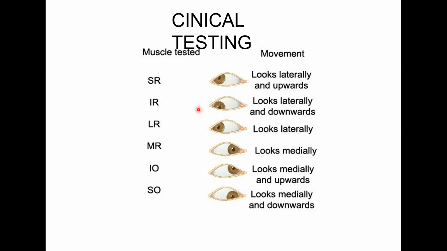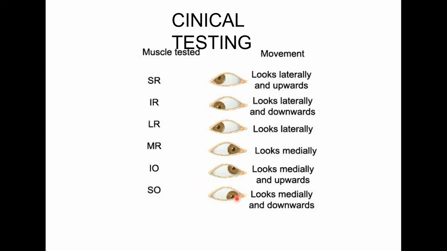So in this movement, we will ask the patient first to look laterally and then upward or downward to test the superior rectus and inferior rectus respectively. Similarly, in the last set of the eyes where we want to test the inferior and superior oblique, the patient will be first asked to look medially and upward or downward respectively to test the oblique muscles, as they are functioning